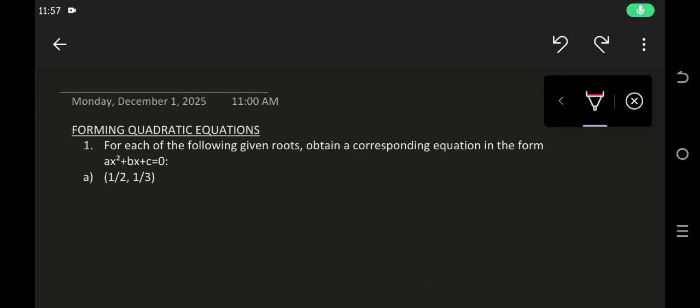Hello guys, this is Teacher Anne and today we'll be looking at forming quadratic equations in two cases. The first case, you are given a pair of roots, that is two values of x, and in the second case it is a word problem where you are given a certain situation from which you are going to form